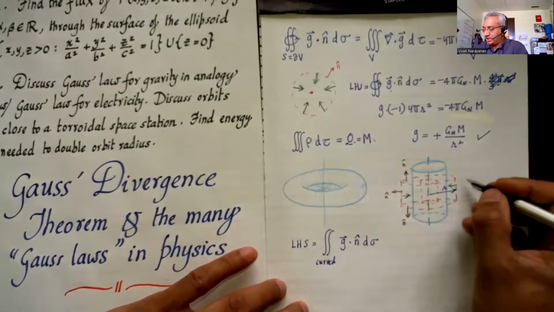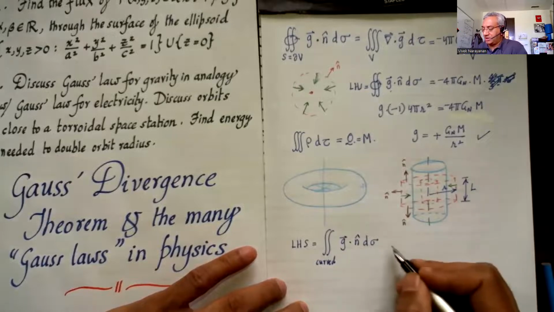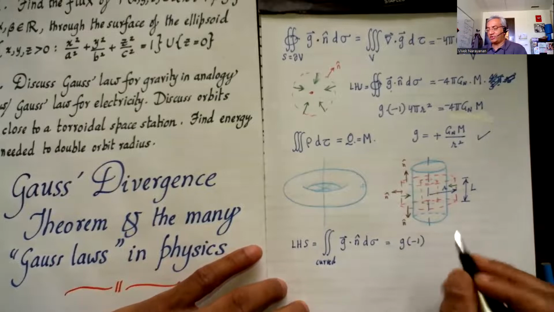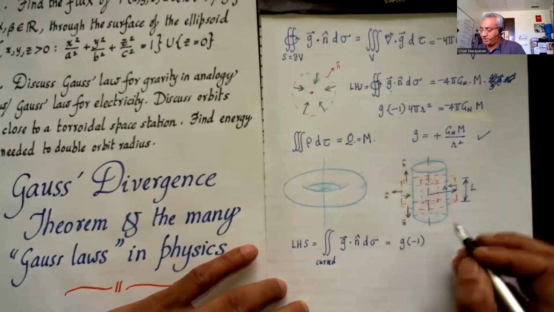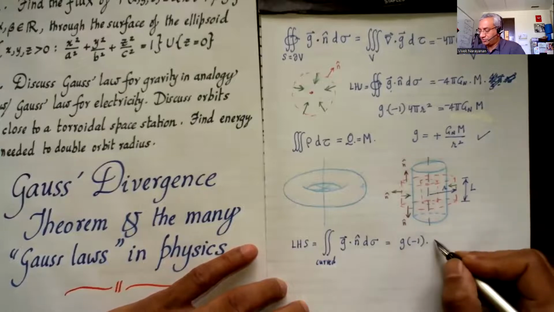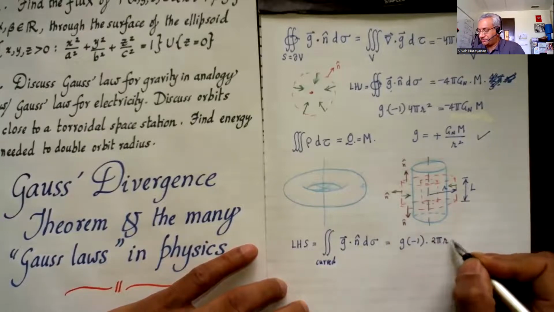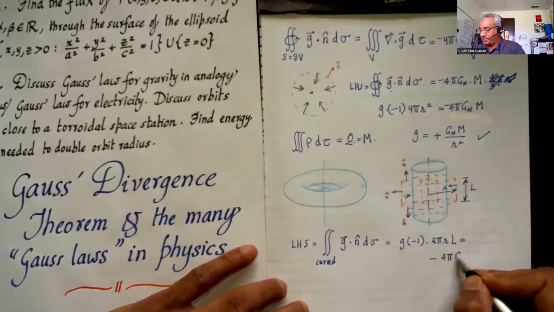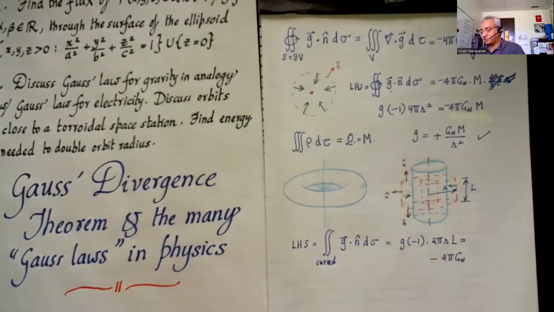Now we have to take some length. Let's take this length to be L. So that's G times -1 because of the cosine 180 there. d sigma is the area of the cylinder. Well, that's just 2 pi r times L. And that's going to be